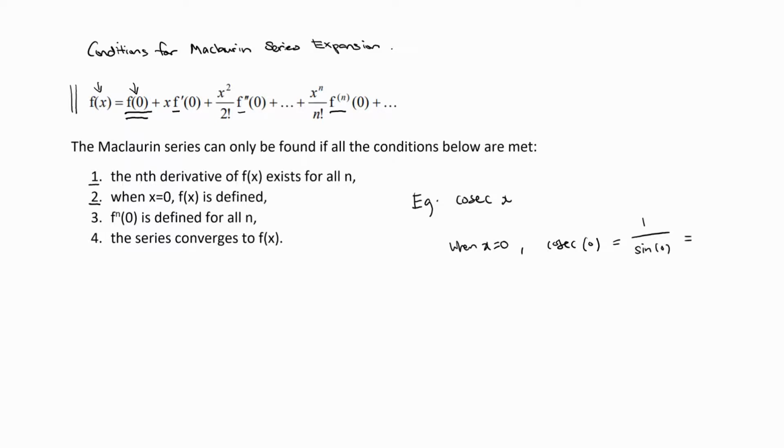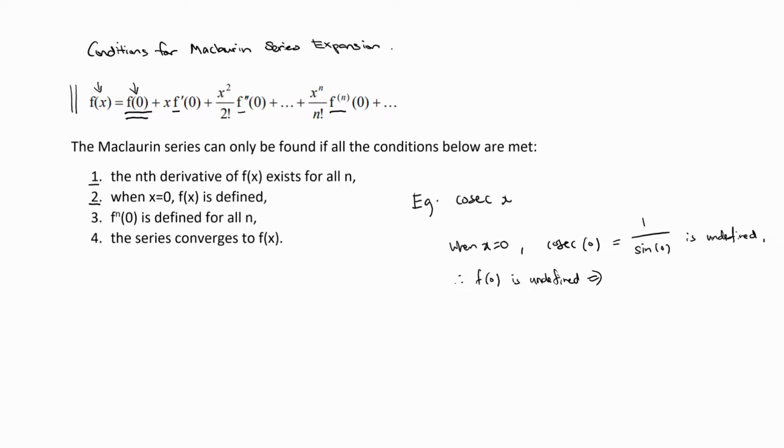And we know that for sine 0, the value is 0. So it's essentially 1 over 0. We don't have to write that, but we know that 1 over 0 is undefined. Therefore, f(0) is undefined. We do not have a value for that,